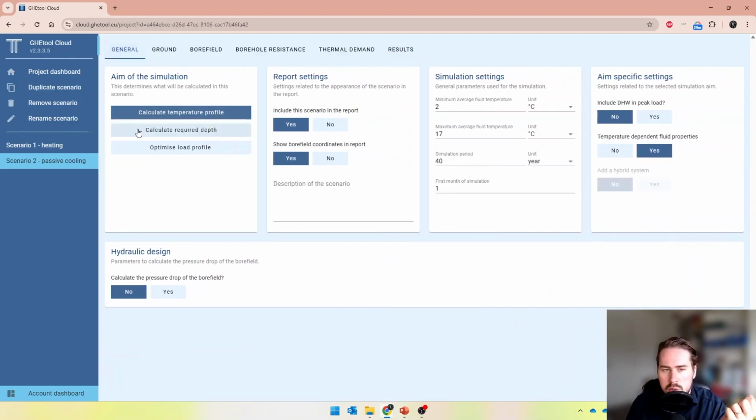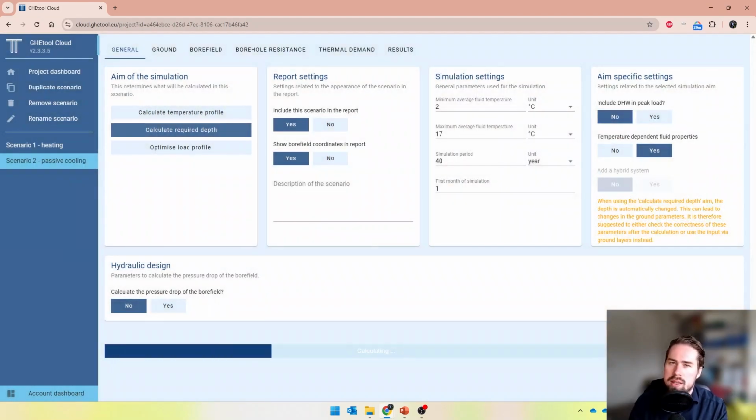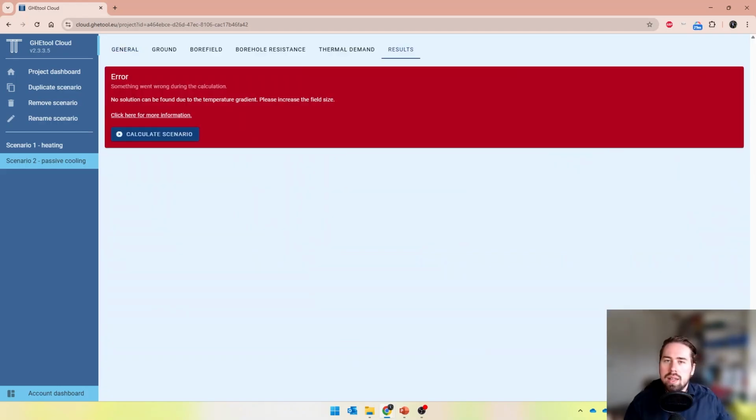So what we're going to do is we're going to say, well, GHG tool, calculate me the required borehole depth. And what it will do is it will keep the 3 boreholes. It will vary the depth until we end up with a system which can actually cope with this passive cooling demand. And as you can see, we end up with a gradient error. Now, this is an error you will see quite a lot if you work with required borehole depth. We have a whole video about this. It's also linked in the description. But what it basically says is, well,